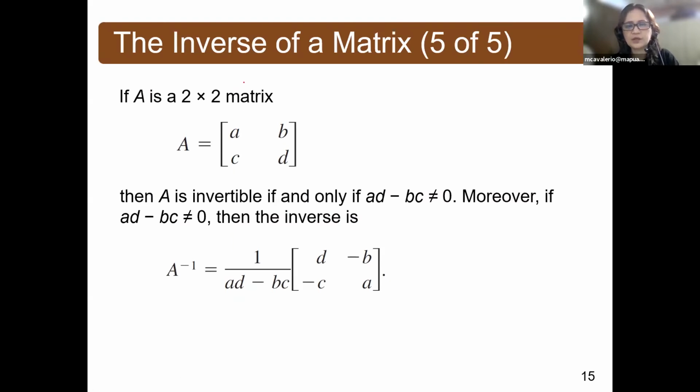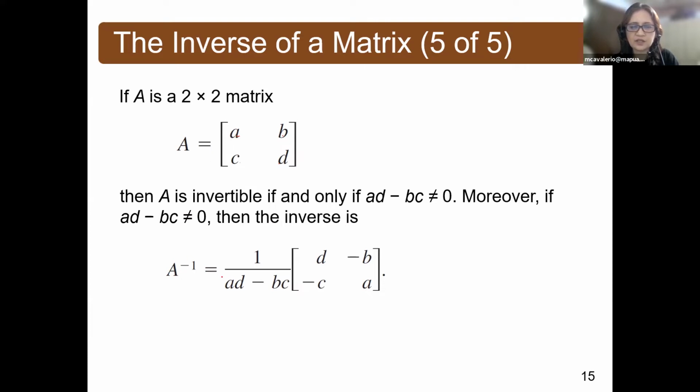Okay, now another method in solving for the inverse of a matrix, especially for a 2 by 2 matrix, is the following. So consider A to be a 2 by 2 matrix wherein the entries are A, B, C, D. So if A is invertible, then the product AD minus CB is not equal to 0. Moreover, if AD minus BC is not equal to 0, then the inverse is given as,